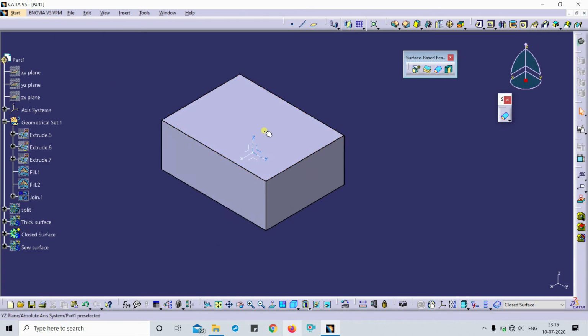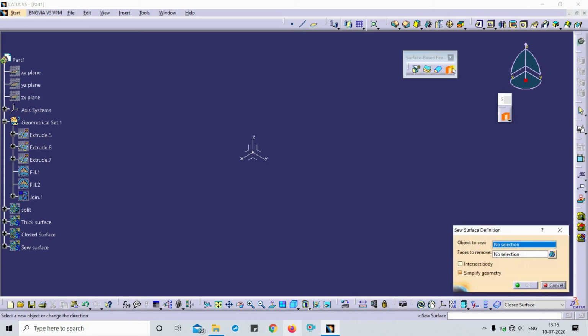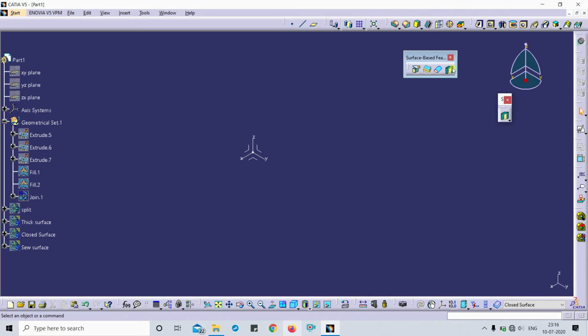Next command is the sieve. So click on this command and select the body and surface to be sieved. For that I have defined the sieve surface body.